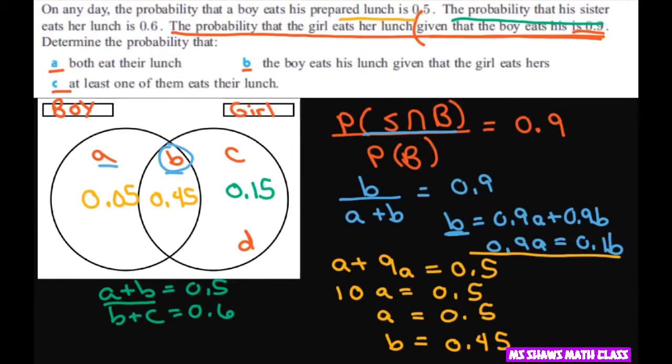All right. So after that, we need to find D, and D is just going to be 1 minus all this. So this whole thing here equals 0.65. So the D here is going to be 0.35. All right, now